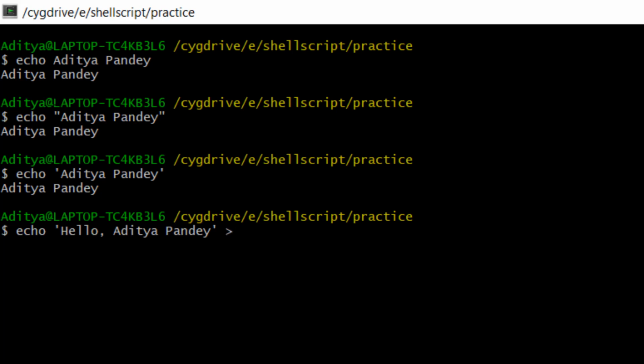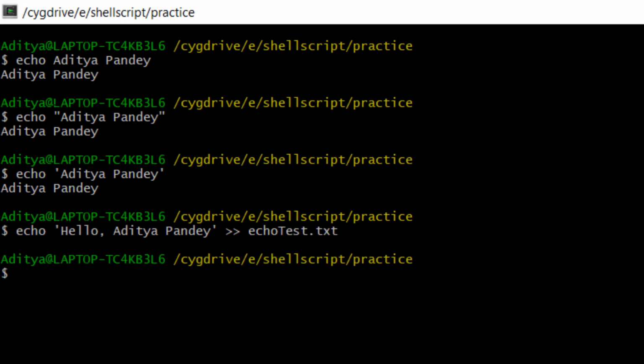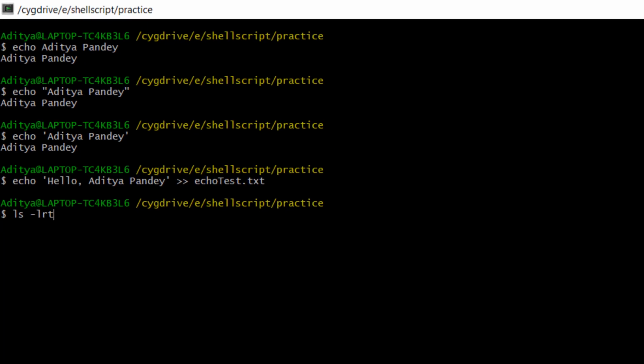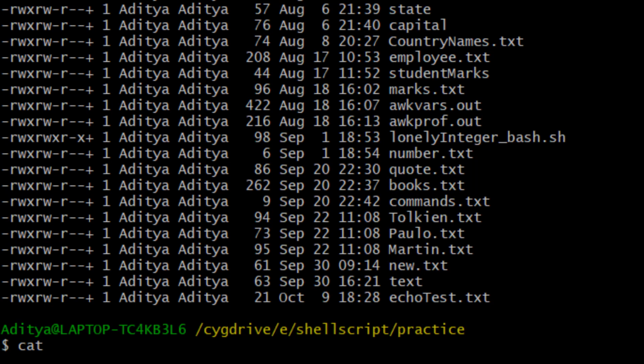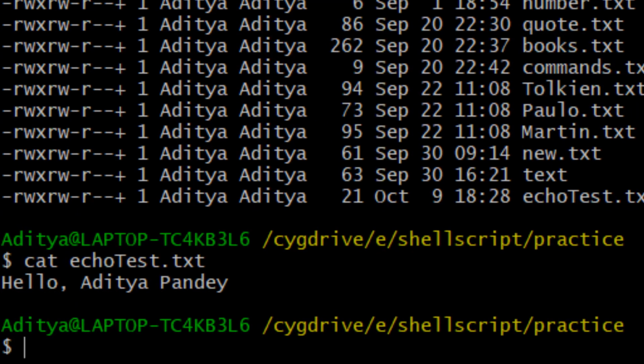So what I will do is use the greater than sign, and here I am going to write the file name, let's say echo test.txt. Now you can see that the name is displayed here.